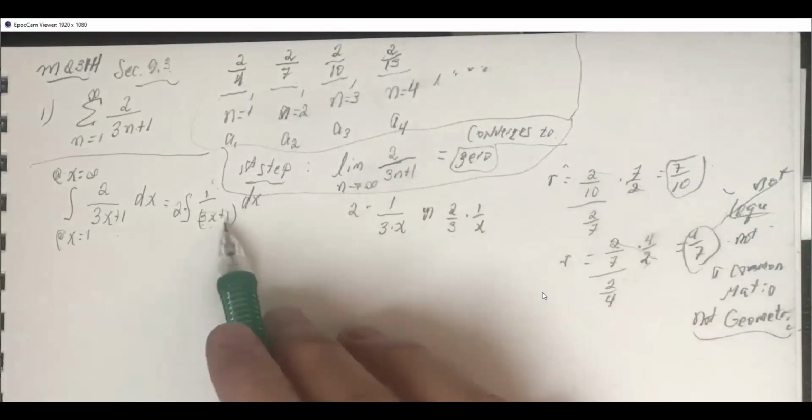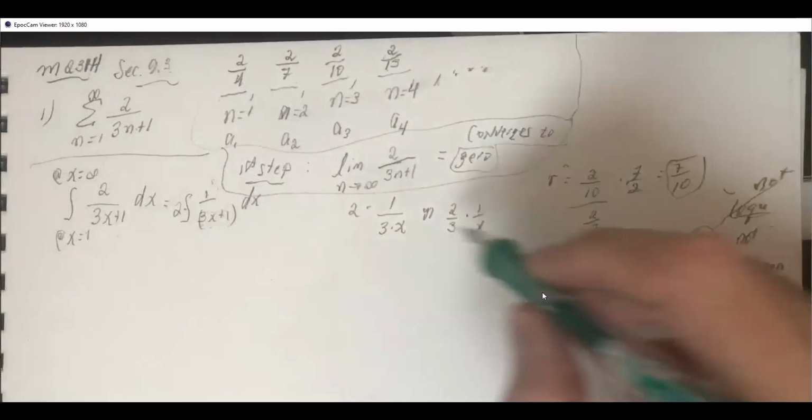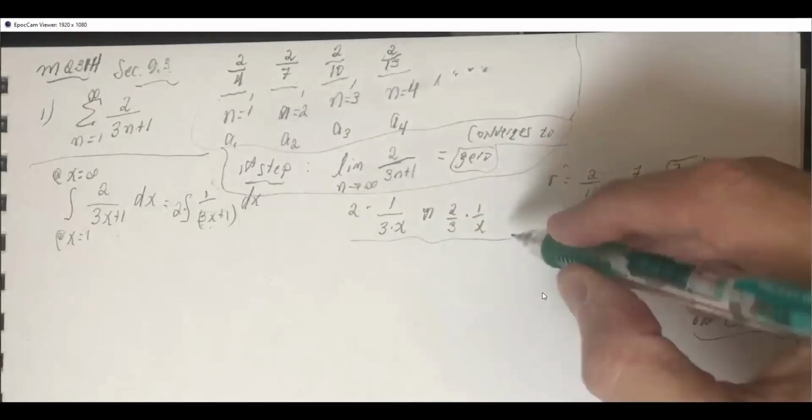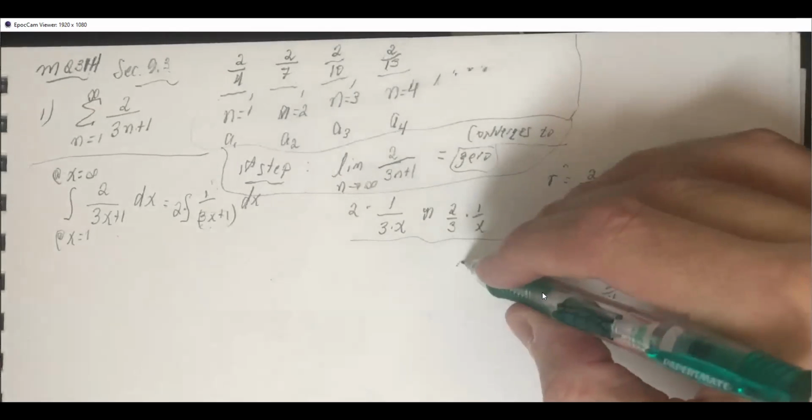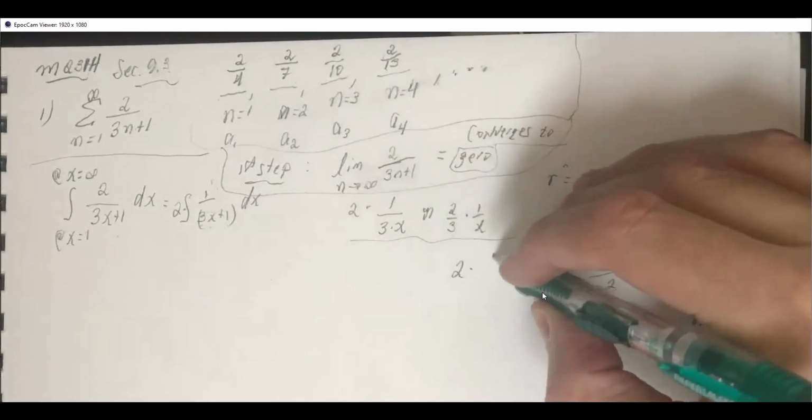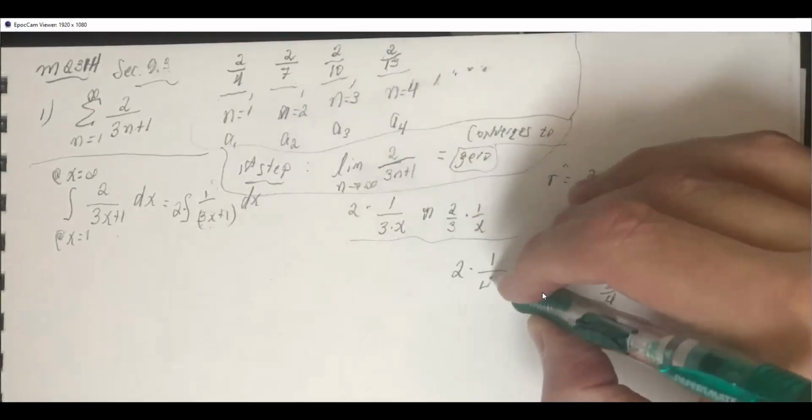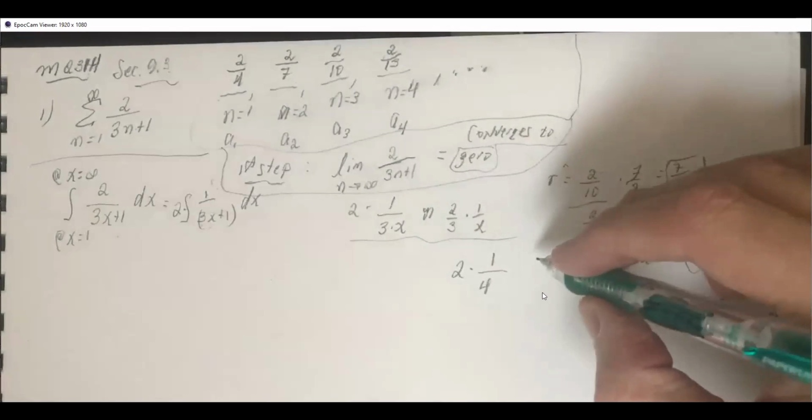But we have a plus 1 here, don't we? So maybe this helps, I don't know. If we have 2 times 1 over 4 plus 7